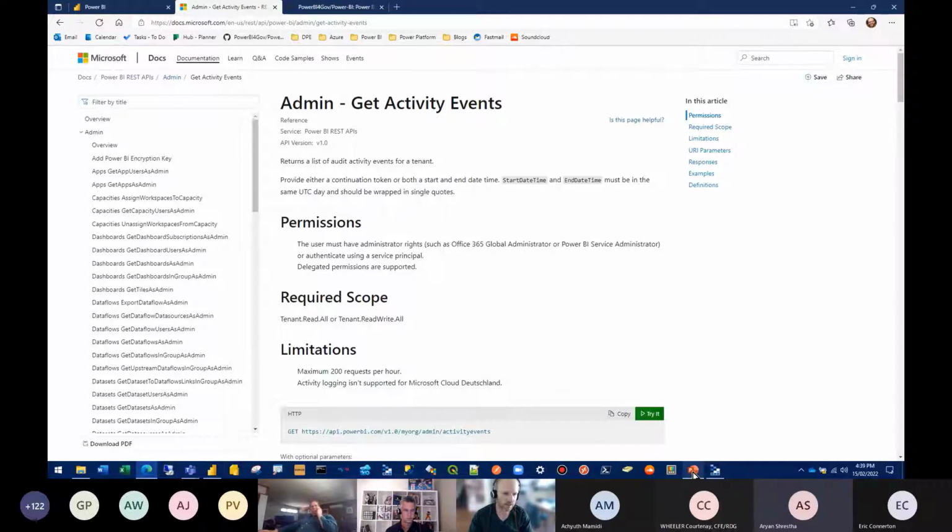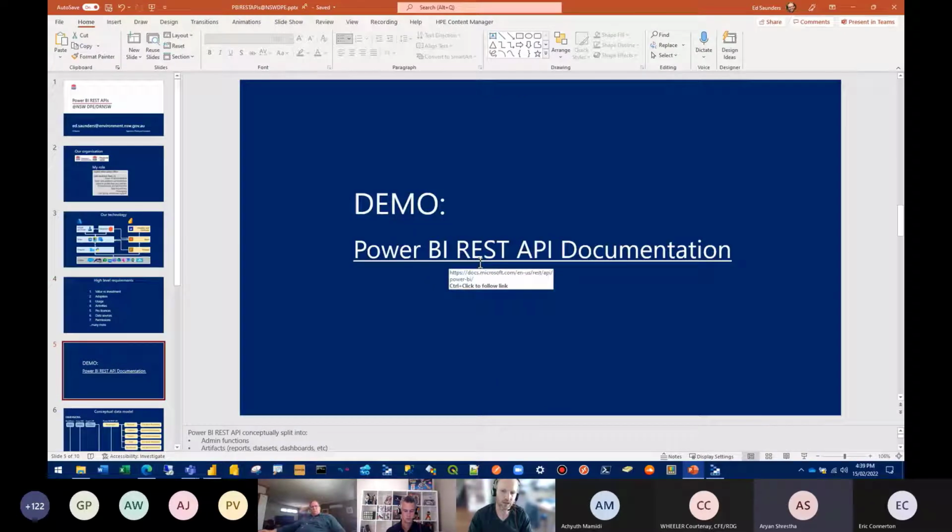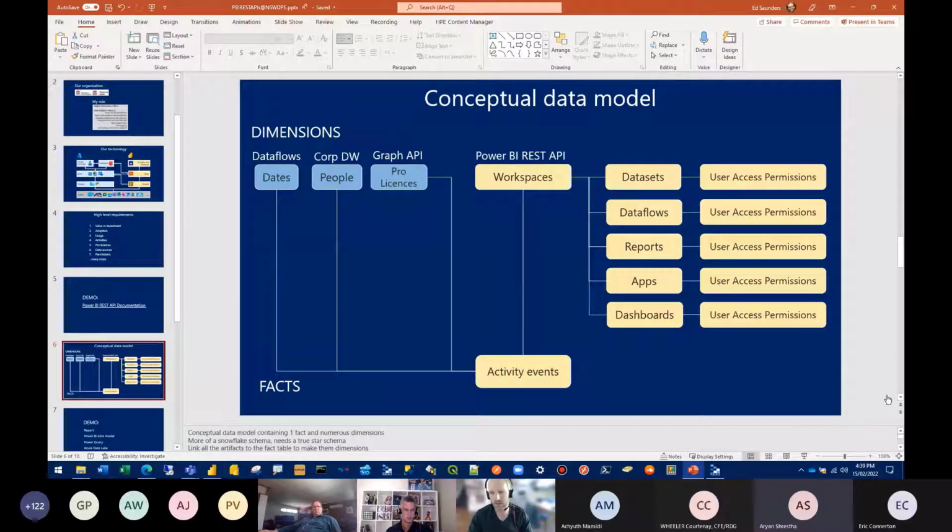So if I just go back to the slide for a second. I just went through the REST API, and from looking at the REST API, I can build a conceptual data model, right? Just bear with me a second. Sorry about that. Okay, so if I look at my conceptual data model, which I was going to build,